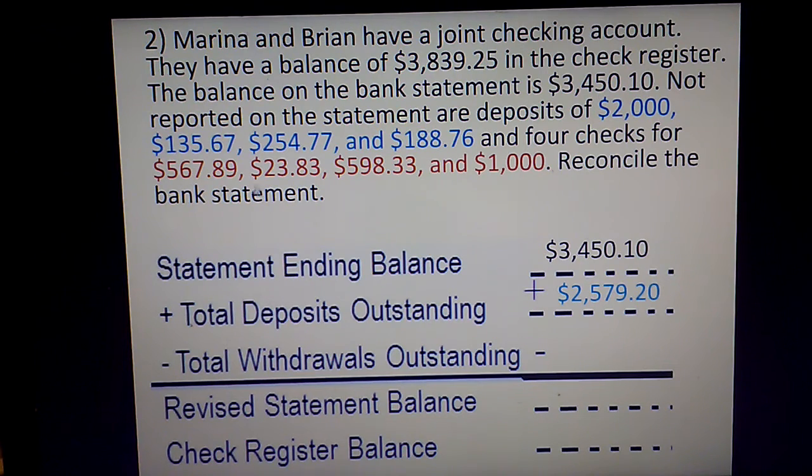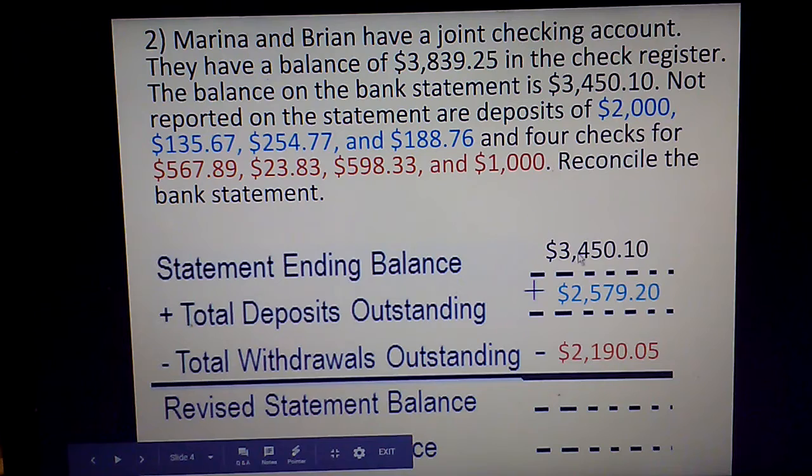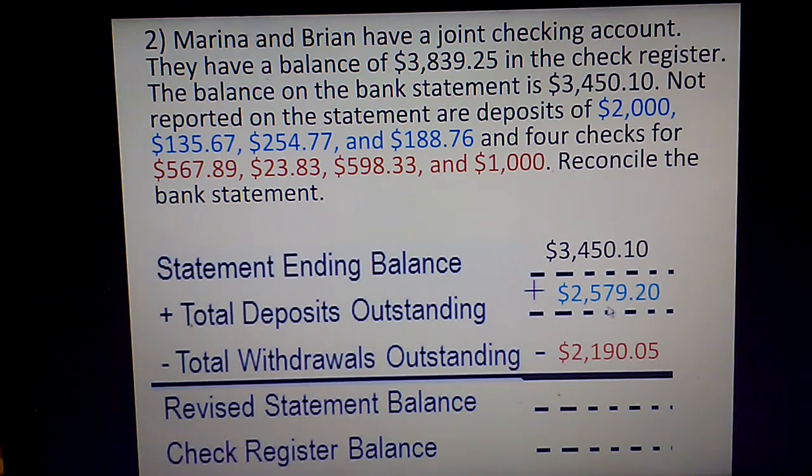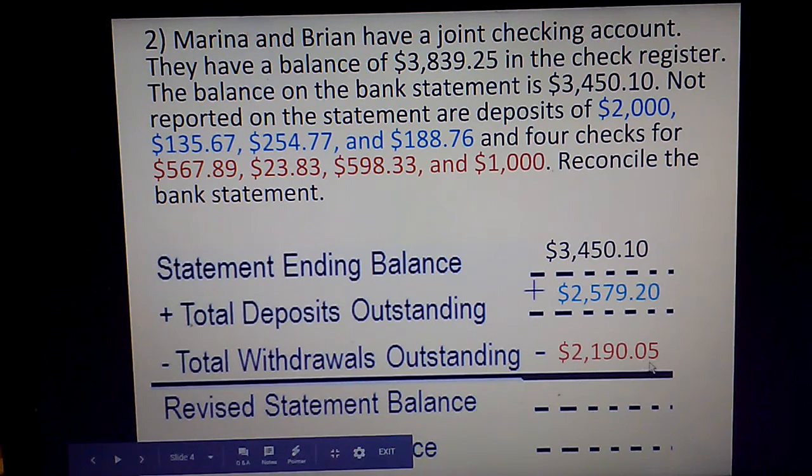Total withdrawals, we're going to take all of these checks and add them together. The $567.89 plus $23.83 plus $598.33 plus $1,000. And the total is $2,190.05. Now we're going to do this math problem here. So $3,450.10 plus $2,579.20 minus $2,190.05. The answer ends up being